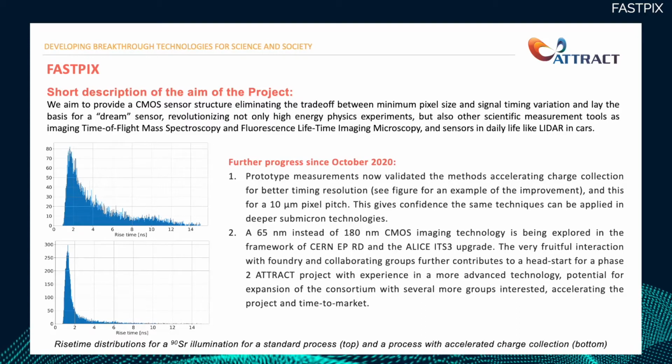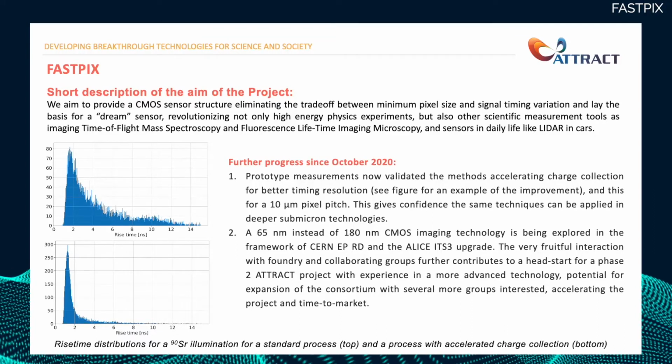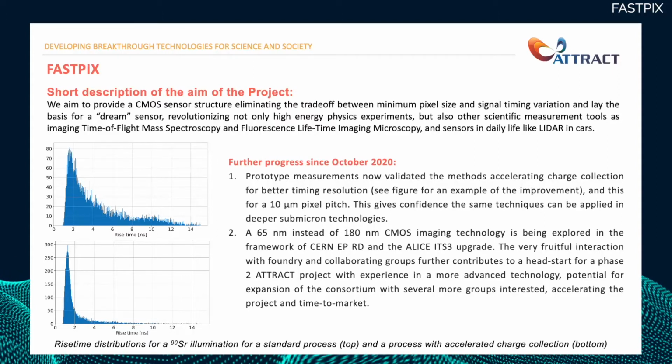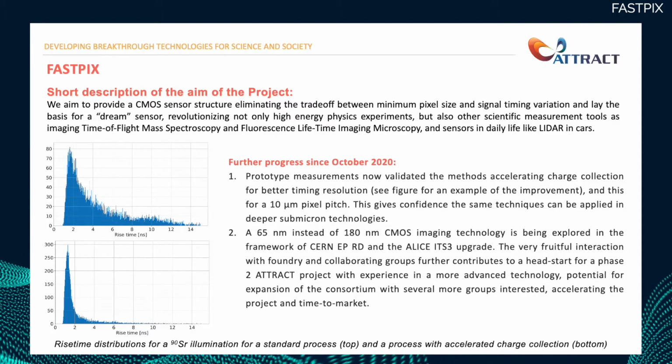We aim to provide a CMOS sensor structure eliminating the trade-off between minimum pixel size and signal timing variation, and lay the basis for a dream sensor with much better timing resolution and radiation tolerance, which will revolutionize not only high-energy physics experiments, but also other scientific measurement tools and sensors in daily life, like LiDAR in cars or medical